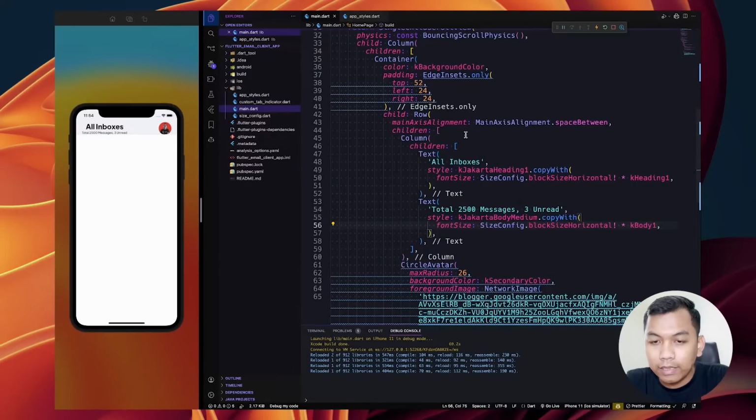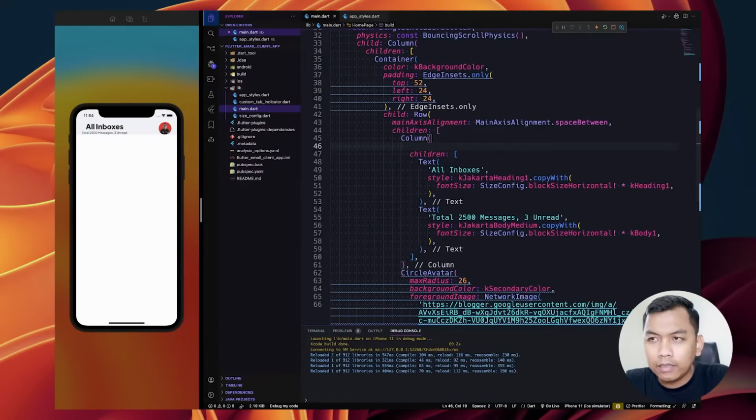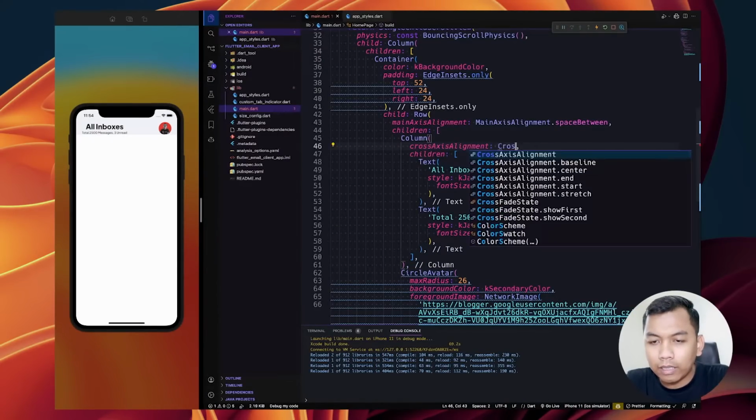Look like this. And inside this column we need to set cross axis alignment to be start.